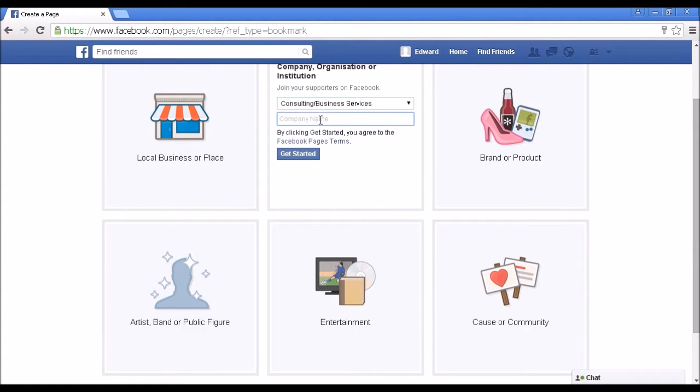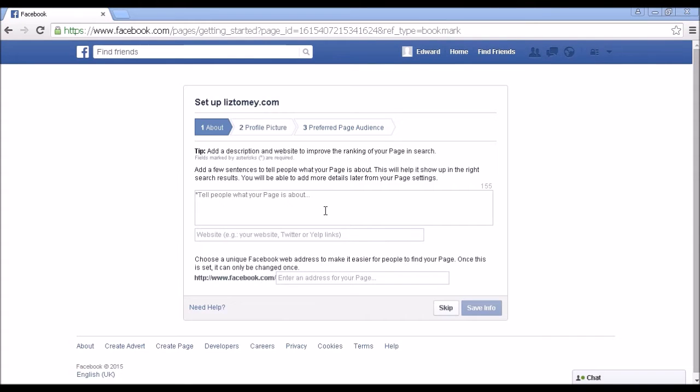And then you can put in the company name, or what I'm going to do here is I'm just going to put in the website name. So I'm just going to copy and paste the URL in here, and then click here where it says Get Started. And it takes you through to this page,